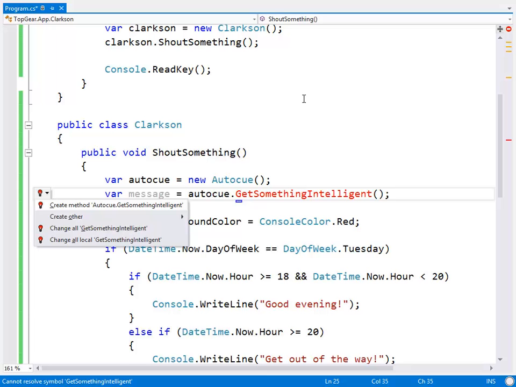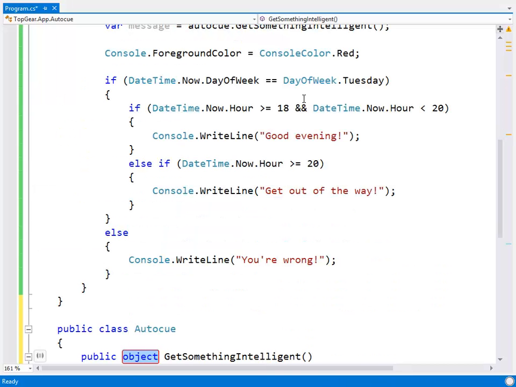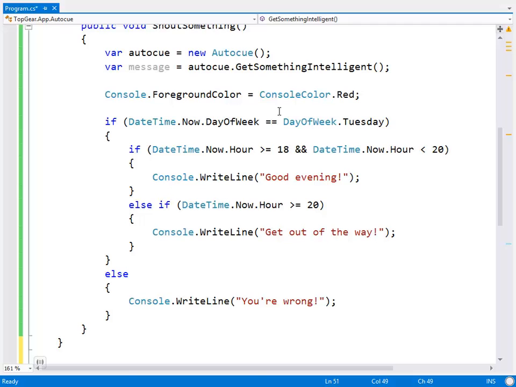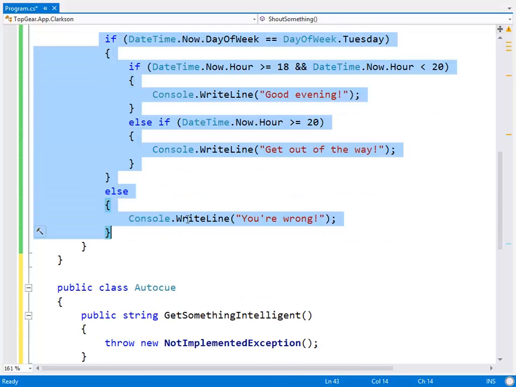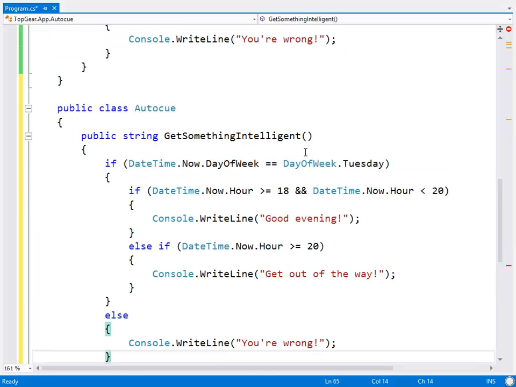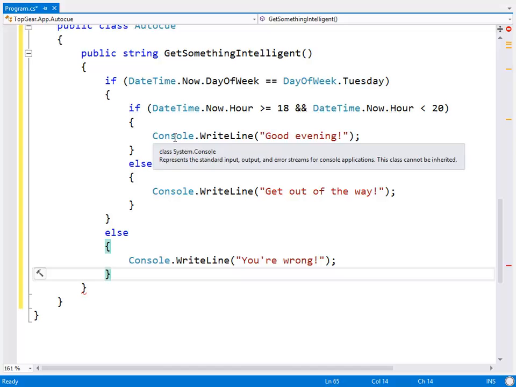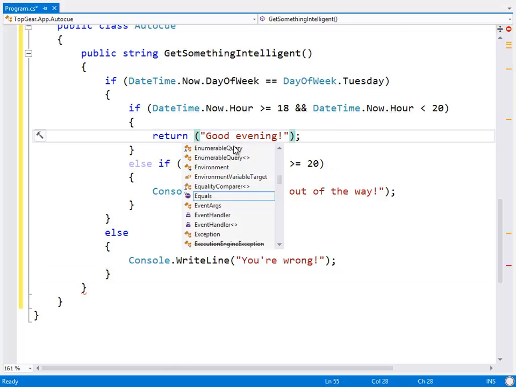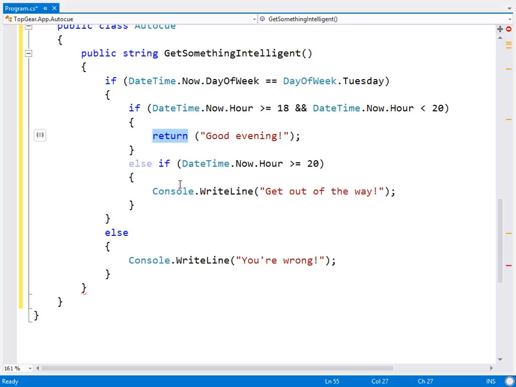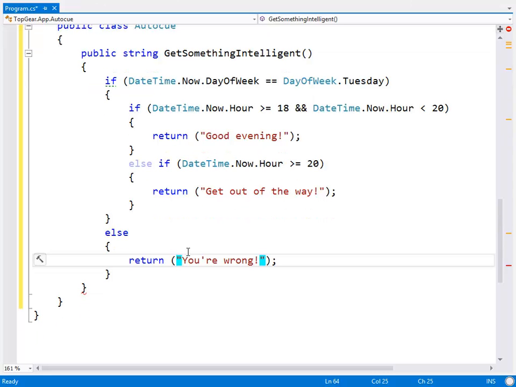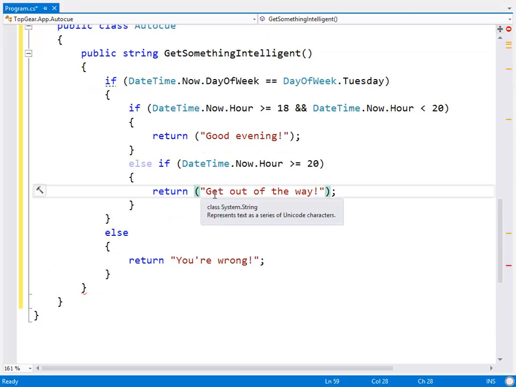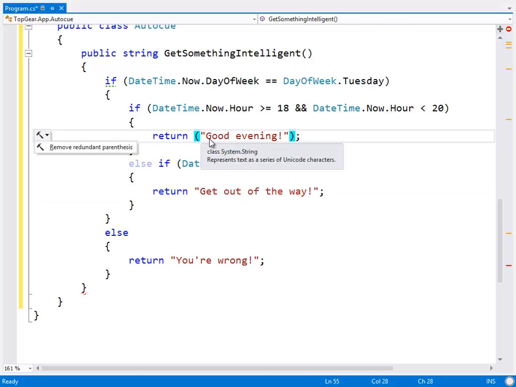Okay. So in this case, all I had to do is alt page up, alt enter, and this is going to be a string. GetSomethingIntelligent. That'll do. All right. And now we're going to extract out this logic so that we can actually test some part of it. So let's just nick this bit and splat that bit. And instead of Console.WriteLine, we're going to return. I'm going to leave those parentheses there for a second because it's way too hard to get rid of them, and then ReSharper can get rid of them for me. Return that, return that. Cool. Alt enter, enter, alt enter, enter, and unfortunately code cleanup won't actually get rid of these for me.